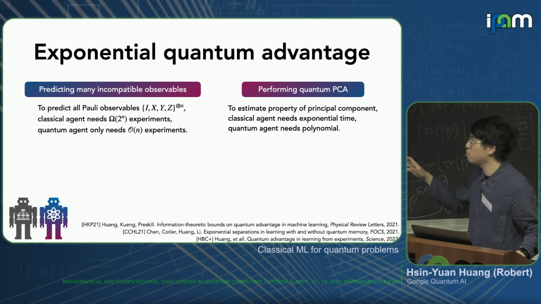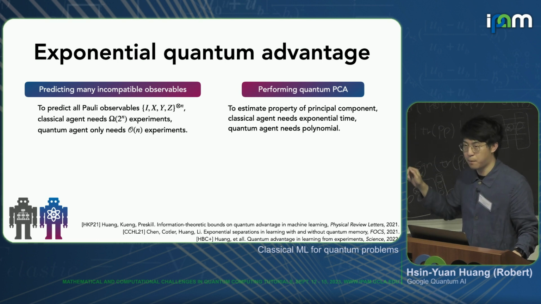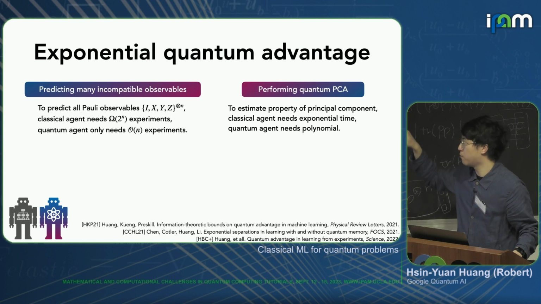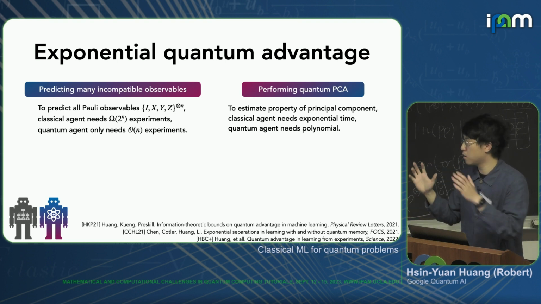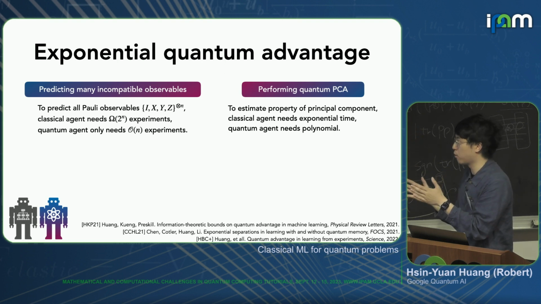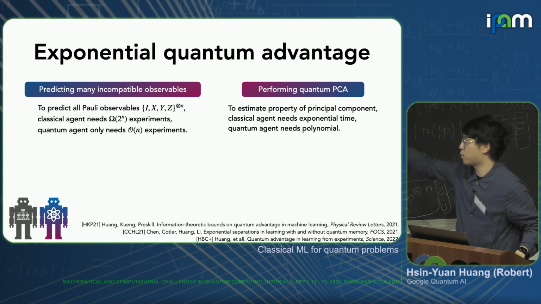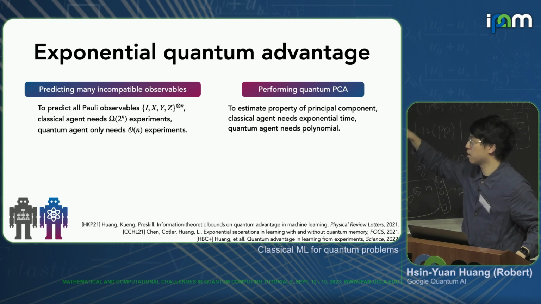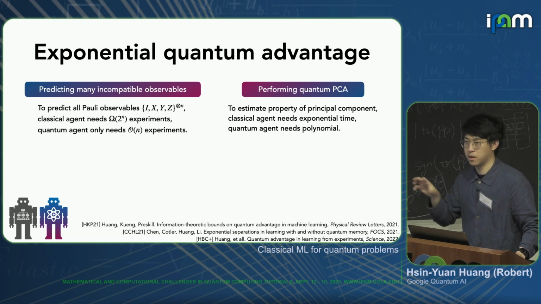Basically, if you assume that you have access to a sample and query model of a state rho, then you will be able to do quantum PCA classically. However, in this quantum setting, it's not entirely clear how one would get this sample and query access. Essentially what we prove is that if you can only perform measurements on rho, then a classical agent would require exponential time, but a quantum agent only needs polynomial. So in general, there's still an exponential advantage in quantum PCA, although some aspects of it have been dequantized